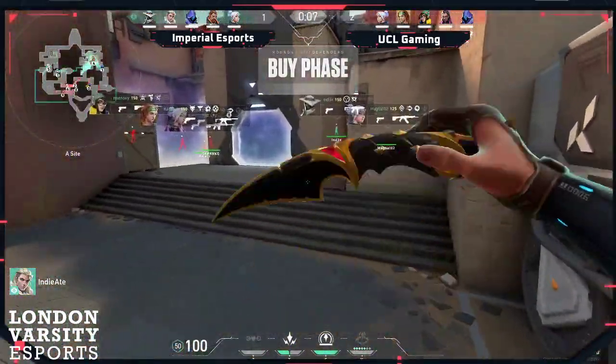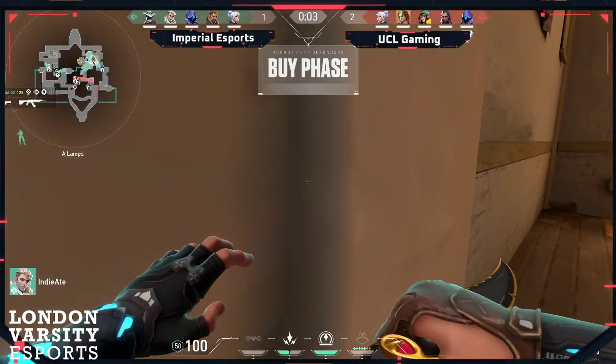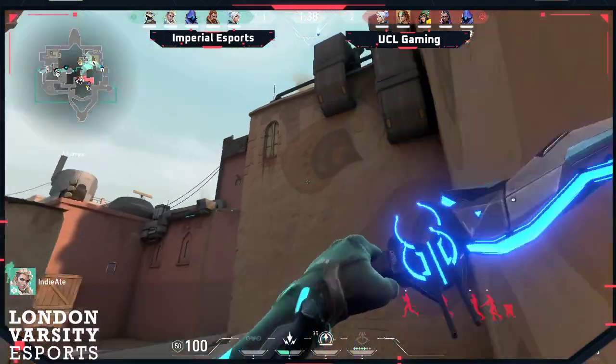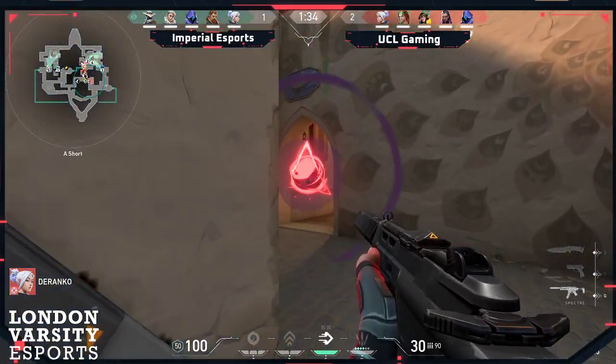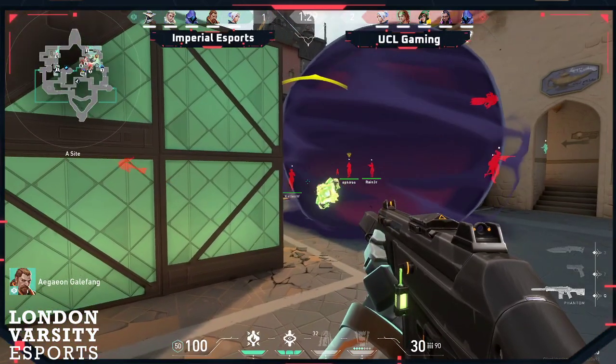See what I think helped with that as well. Really smart adaptation there from Imperial. They moved Index over to B side in exchange for Galefang. Index's use of the Cypher Cage there slowed UCL right down, allowed extra time for those rotations, and that proved crucial in that round. We see a change of plan here from UCL. They're aggressing towards A side. They're aggressing really, really quickly. Look at this. Pushing all the way into